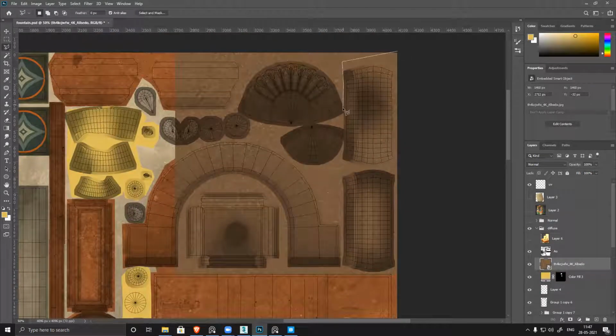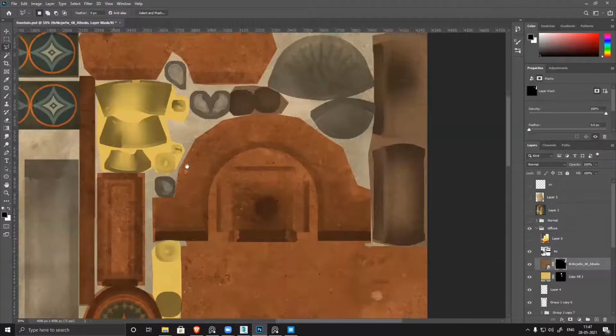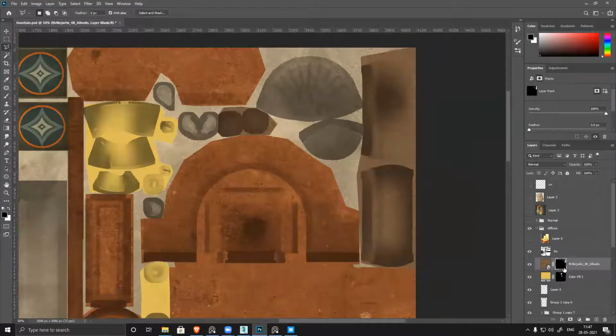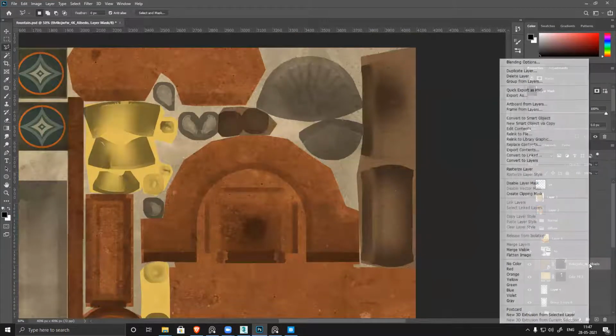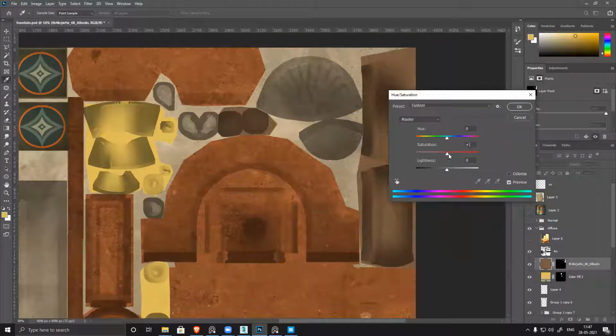Just create a mask. Mask. And I feel this color is slightly darker, more brown. So I can rasterize this. Rasterize layer, Control U, make it look slightly more red and slightly dark.